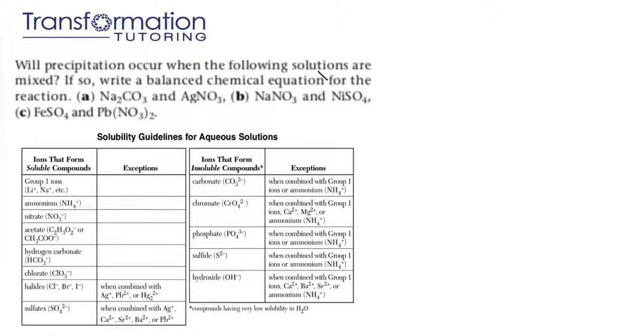Let's go ahead and take a look at question A. We have Na2CO3 coming together with AgNO3. Precipitation reactions are double replacement reactions, and the way we can predict the products is by writing A for